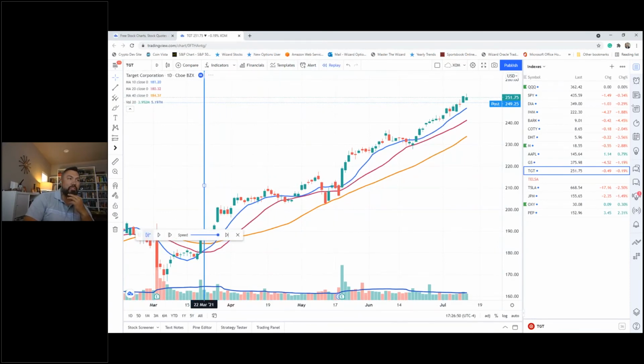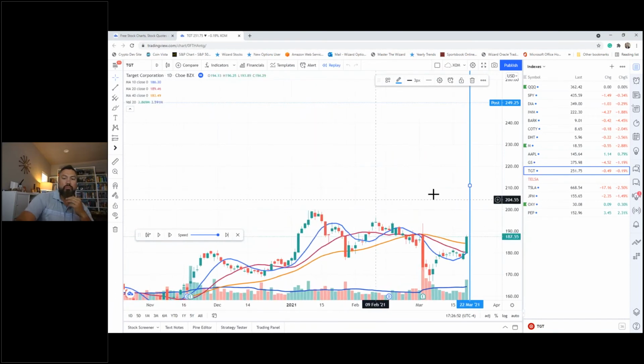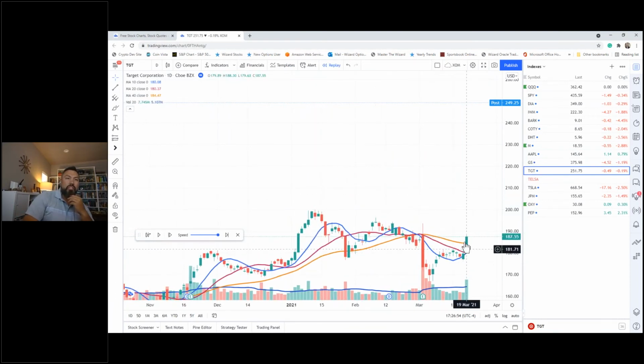Once you have a mechanism to see this happen, look. This is what we want to find. The point of the reversal. When you see a decision bar, was that a decisive day? 7.7 million shares against an average of 5 million for Target. Look how big that column is above the average. Look at the close. You see how we shot up and closed above the 10, 20, 40. That is a reversal.